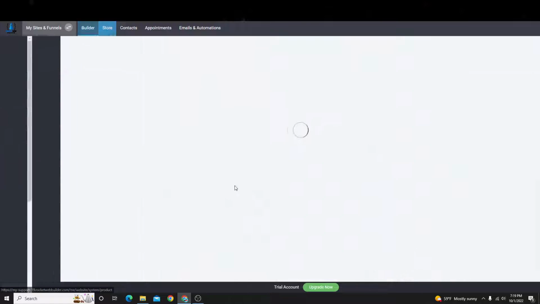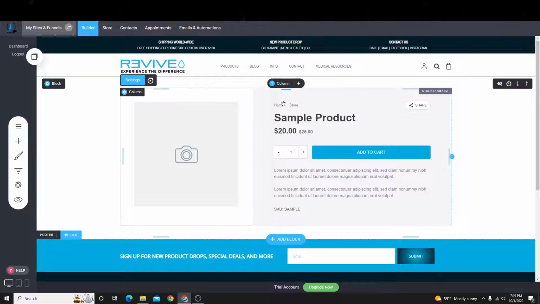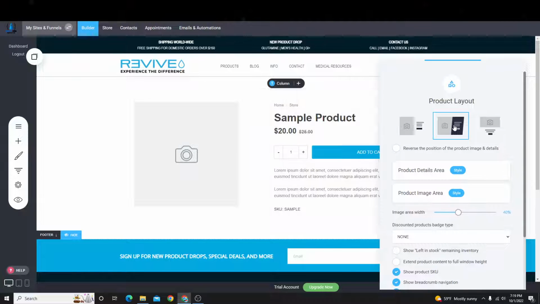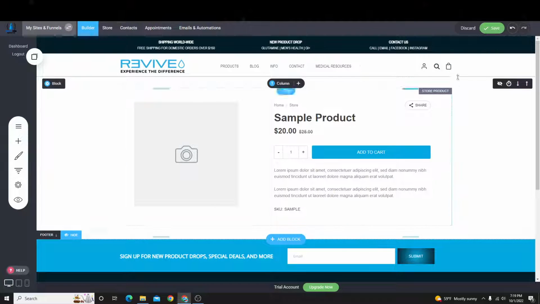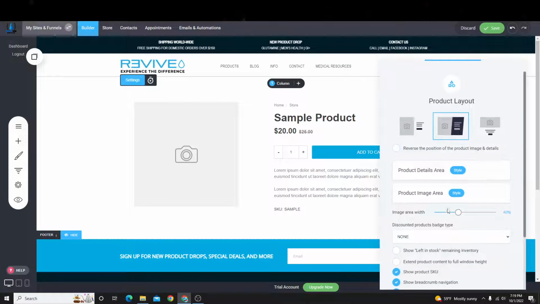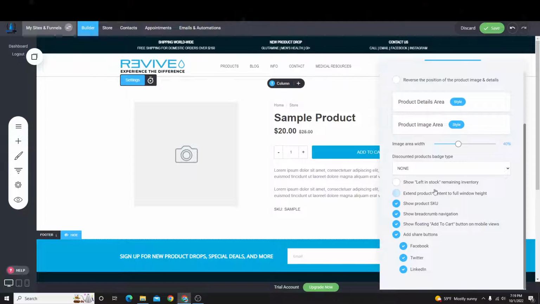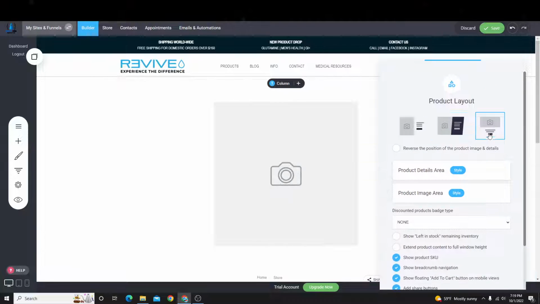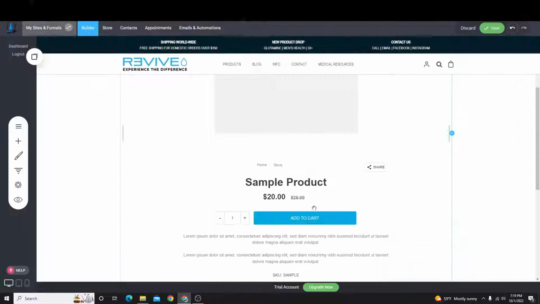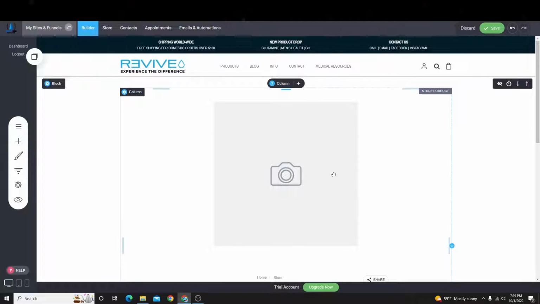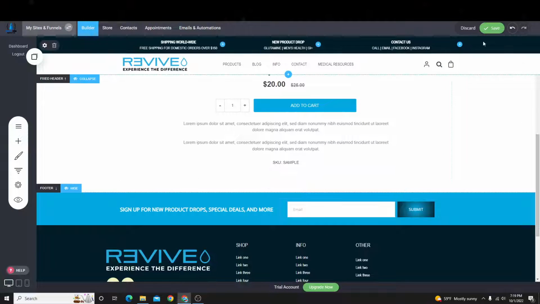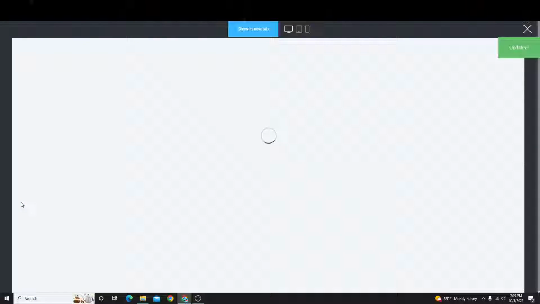So we can actually choose how to style our product pages. You can have a simple product page like this. Go to settings, select the different styles. So if you want something like this instead, you could change different things like colors. You could even change how the product is viewed. So let's say you want large images here, followed by the description on the bottom, and that will look just